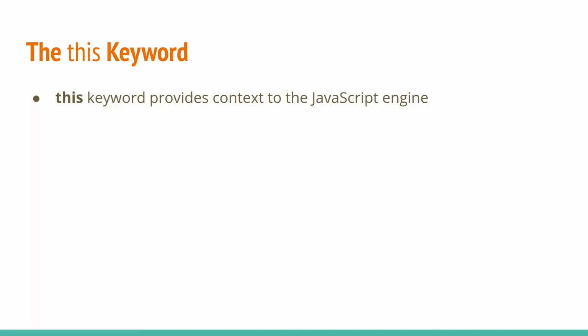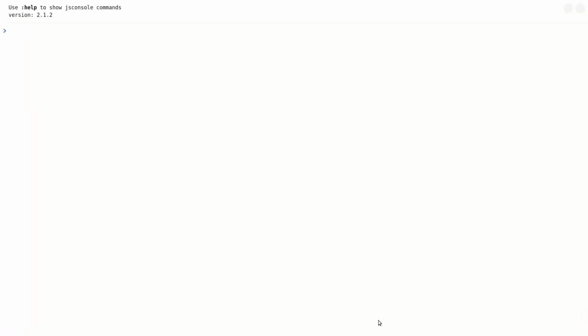To understand how to use the this keyword, we will now switch to the console. In the console, we will first create a variable called name and assign the value web cookie. Now we will print the value of the name variable by simply typing name. As we can see, the value web cookie has been printed. The same result can be achieved when we write window.name. This is because the variable name is actually a property of the window object, which is always implied by the JavaScript